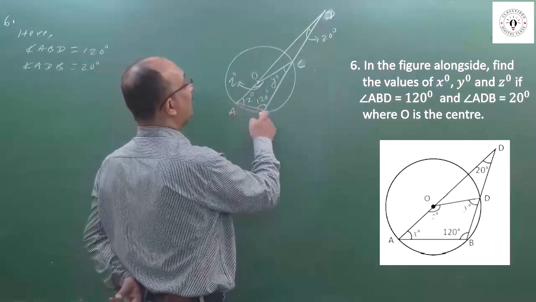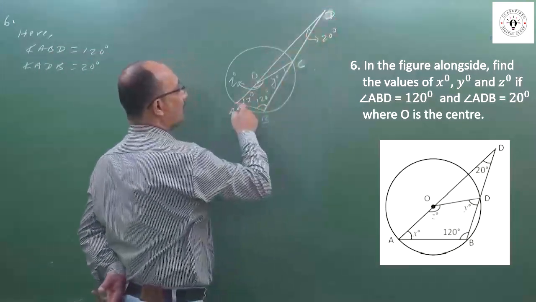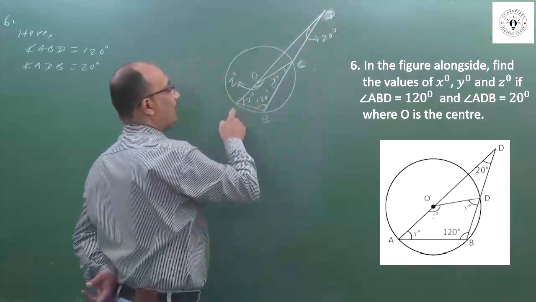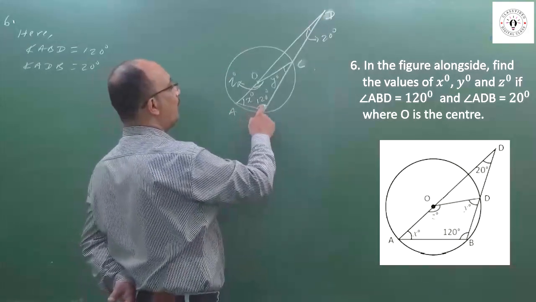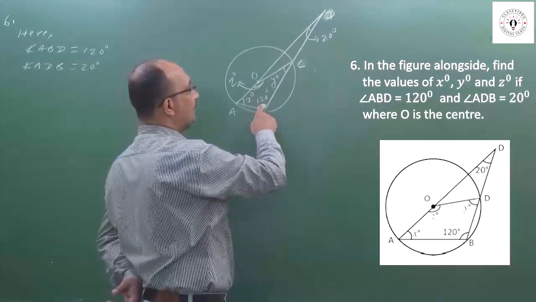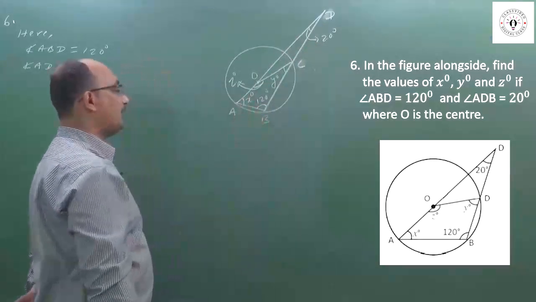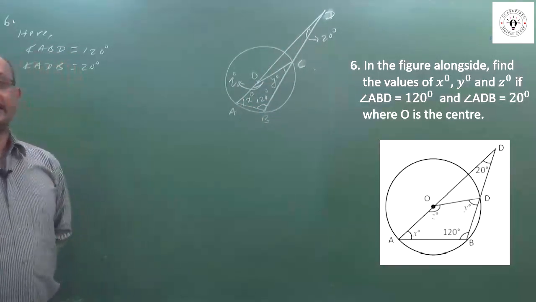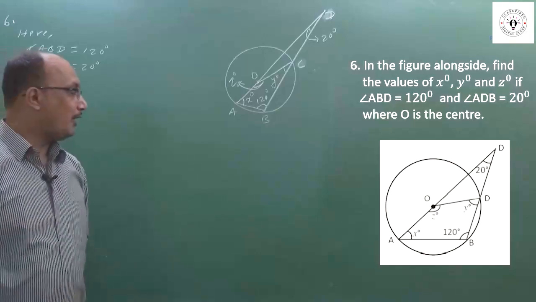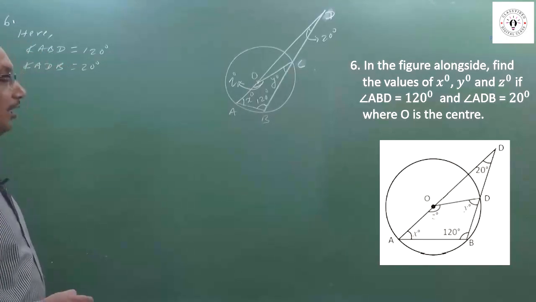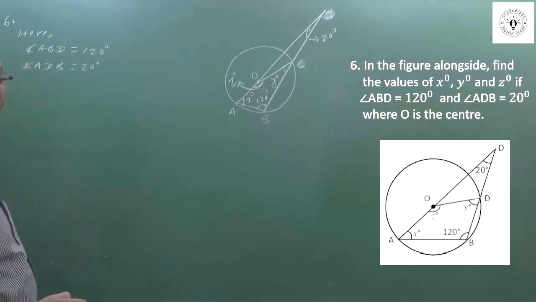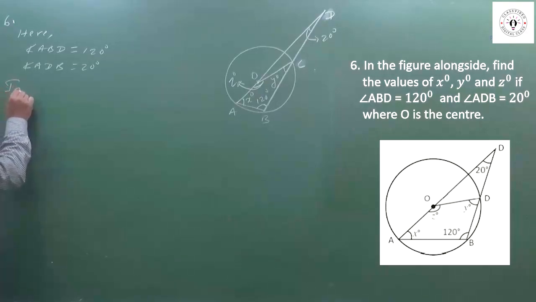Firstly, ABD is a triangle, you can see. In this triangle, the value of one angle is 120 degrees, the value of the second angle is 20 degrees, and we have to find the third angle, that is X. In any triangle, if two angles are known, then the third angle we can calculate by the formula sum of angles of a triangle. So in triangle ABD,